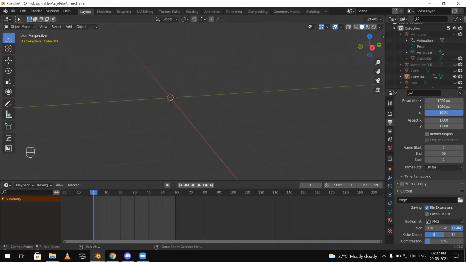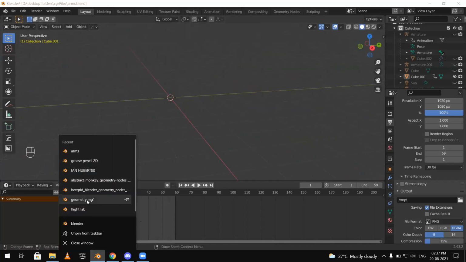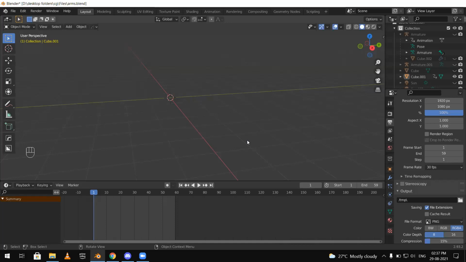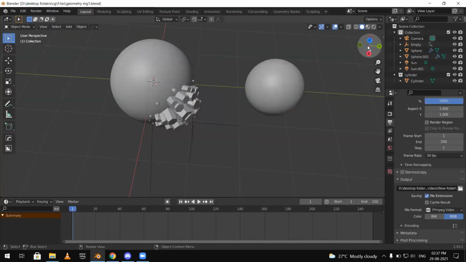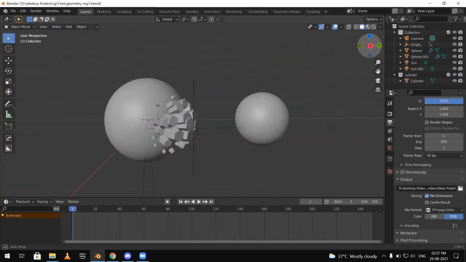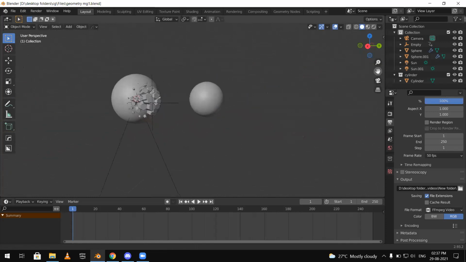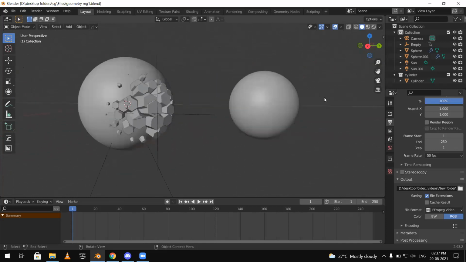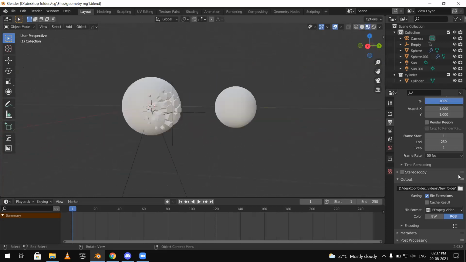All right. So this was one example of animation. Now let me show you motion graphics. Some of you were talking about geometry nodes, and geometry nodes is a very good and powerful way to create motion graphics. Let me turn down the frame rate of this animation. And this is a very simple geometry node project that I'm going to show you right now.